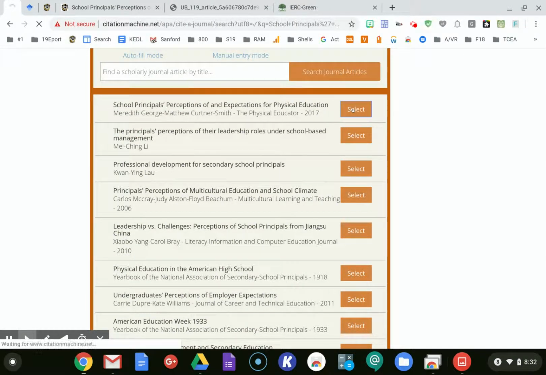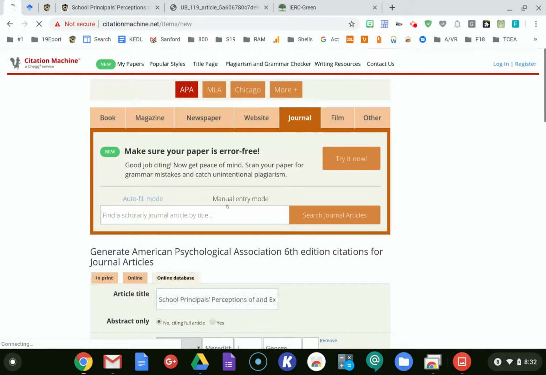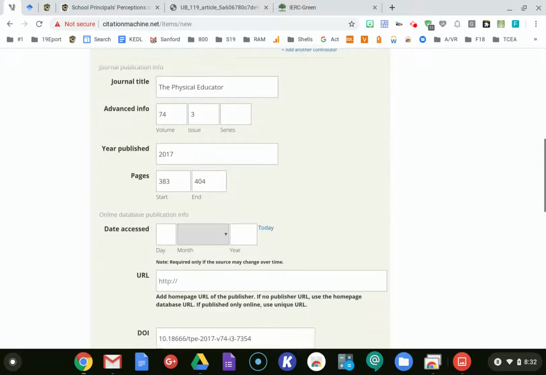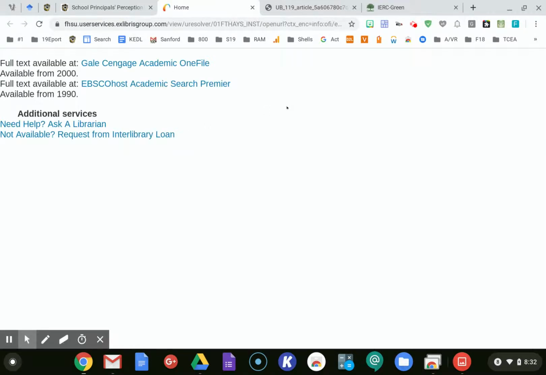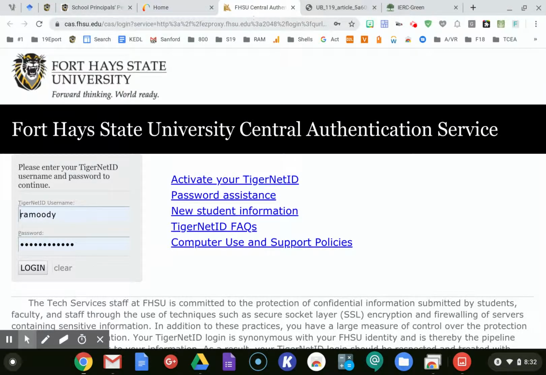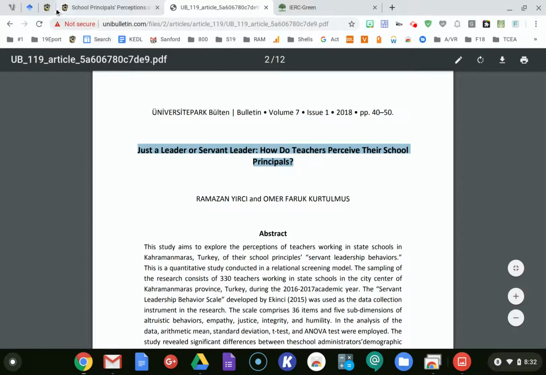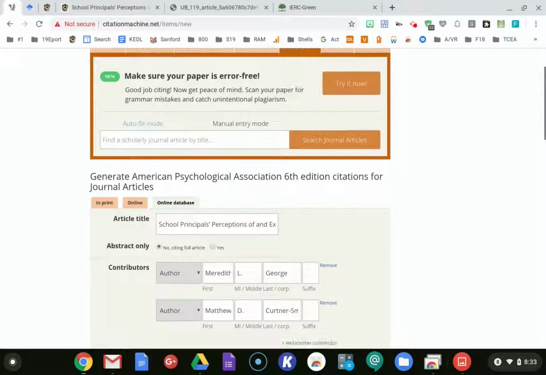All right, so we're going to select. We're going to do another final step. Let's see if there's anything we need. There's a full text available. For some reason, it's not giving it to us here. We can go here. Well, you can search or continue to search. We won't worry about that right now. Okay, but what we do need to worry about is